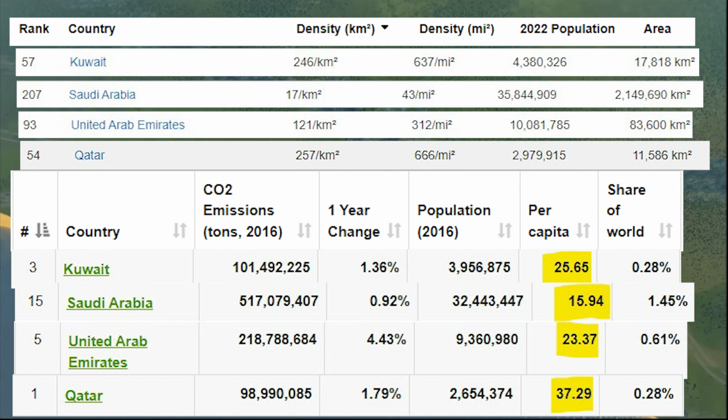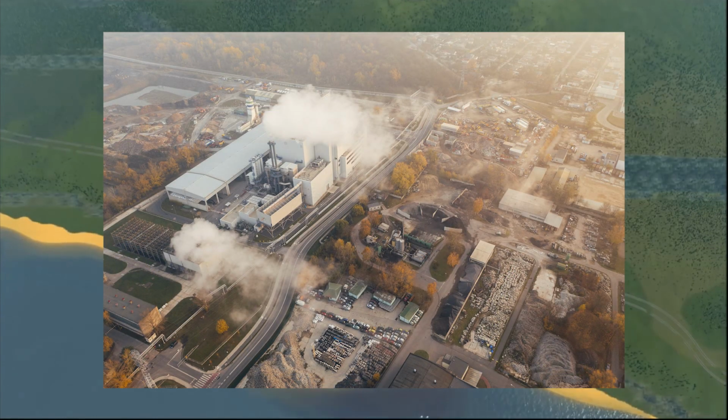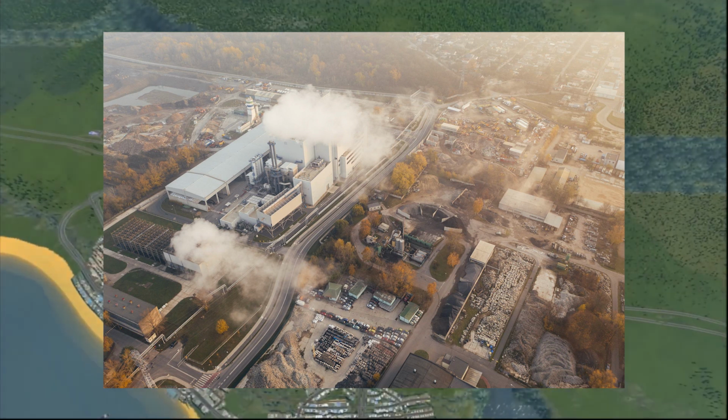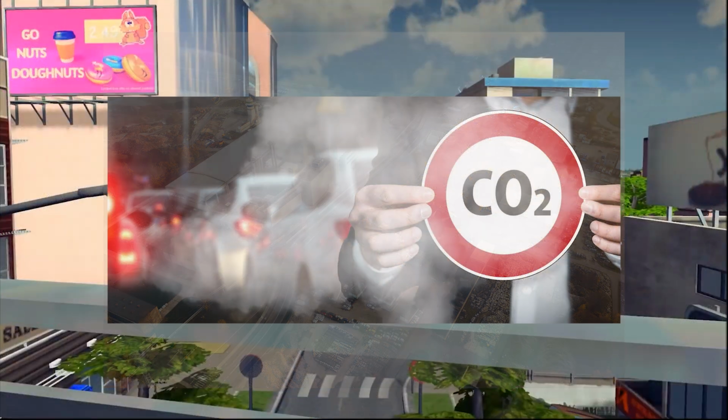despite below average populations. From these examples, it's clear to see that the carbon footprint of a country has more to do with its carbon emitting practices rather than its population size. And this too applies on a global scale. In reality, the size of the population of any given country has only a peripheral impact in comparison with its